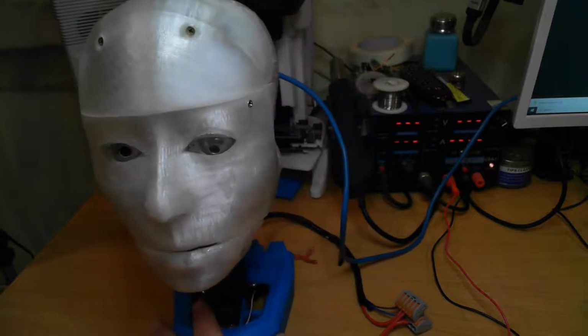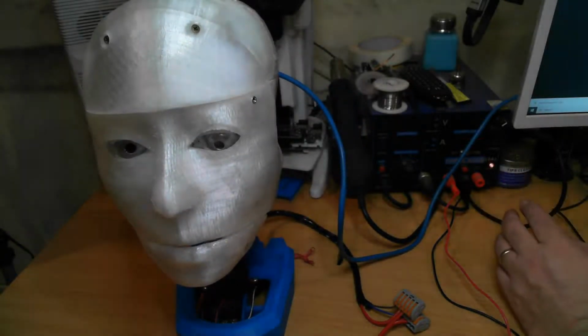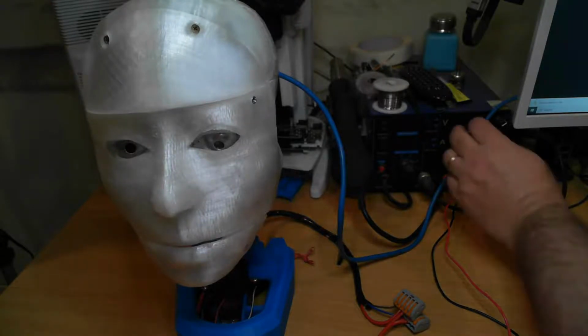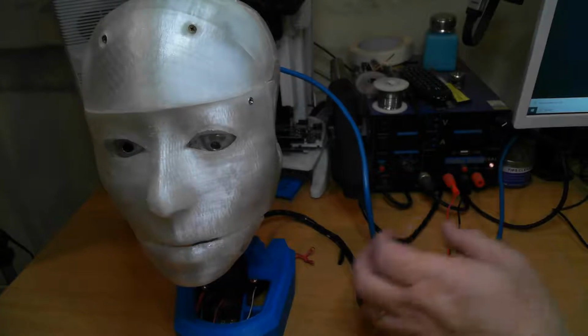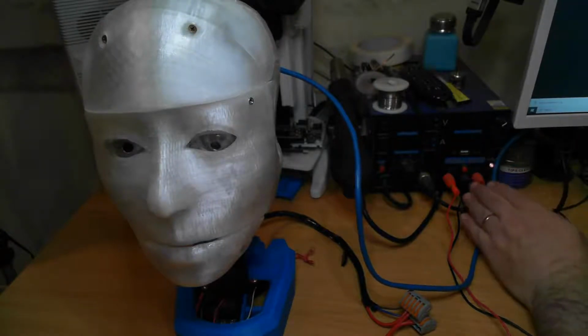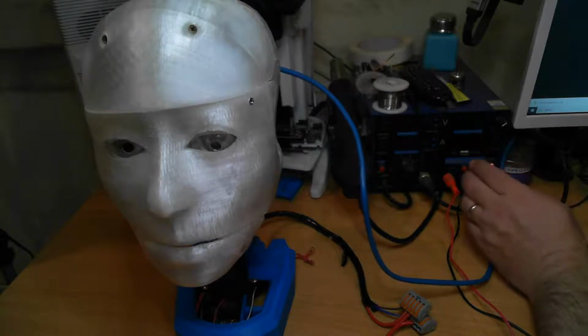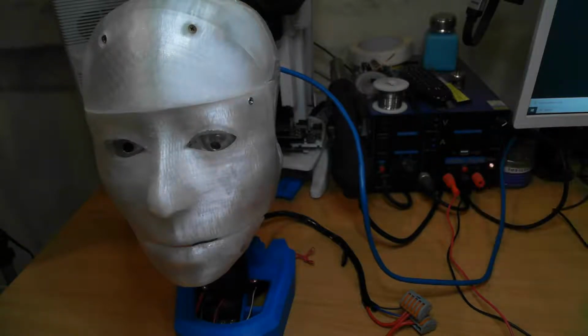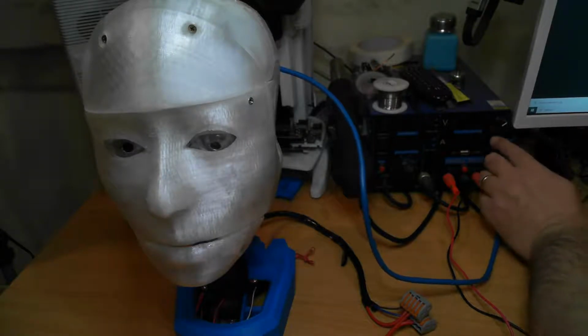So in the background we've got the rework soldering station that I've been using. This blue cable, by the way, is network because I haven't configured the Wi-Fi on the Raspberry Pi yet. It's something I've still got to do. But this soldering station does have a 0 to 15 volt 2 amp power supply, and this is what I've been using to power Fred's head while I've been testing. So I'll turn it on